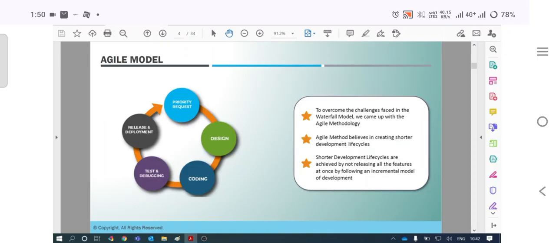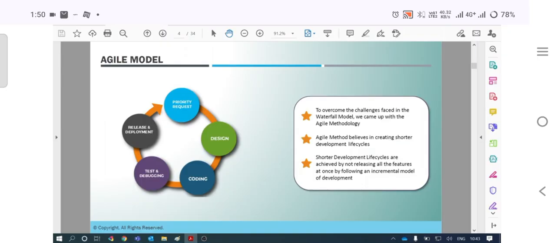It's a mix of like a waterfall, iterative, and spiral model kind of thing. Shorter development life cycles are achieved by not releasing all the features at once, by following an incremental model of development. Here we have frequent meeting with the client, we gather the requirement in pieces, try to develop those pieces,